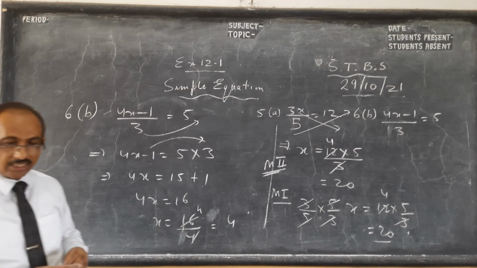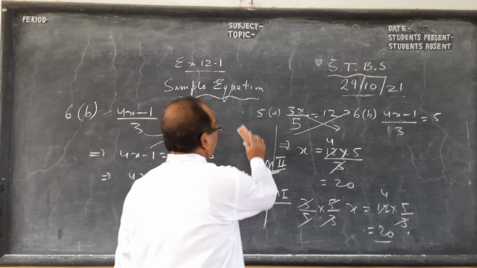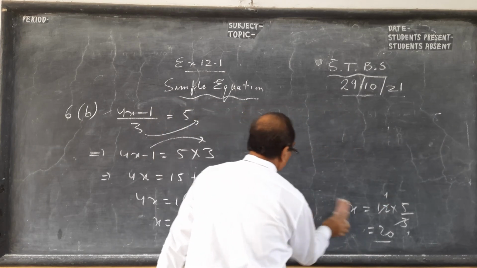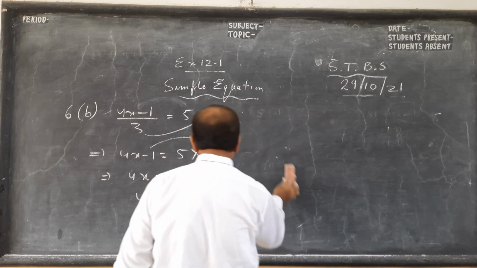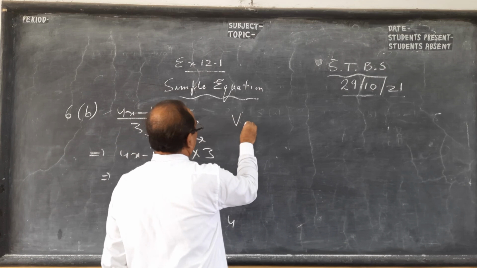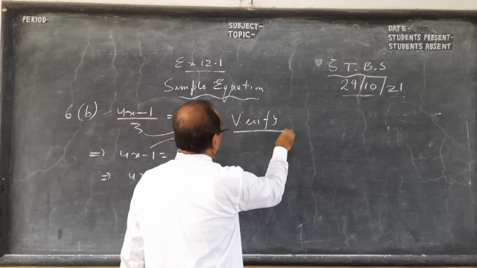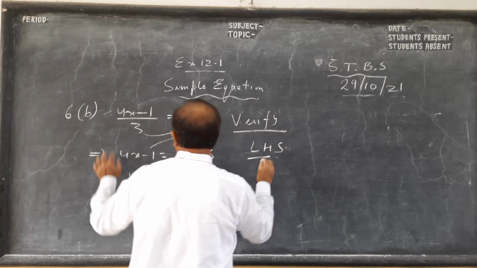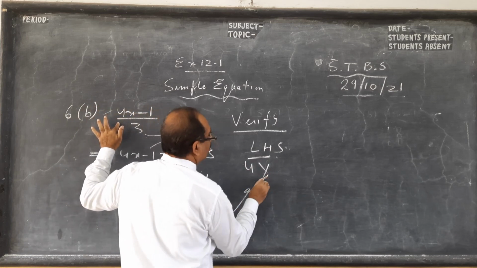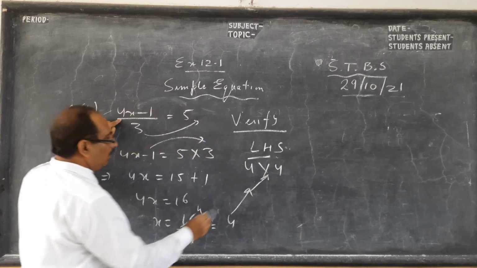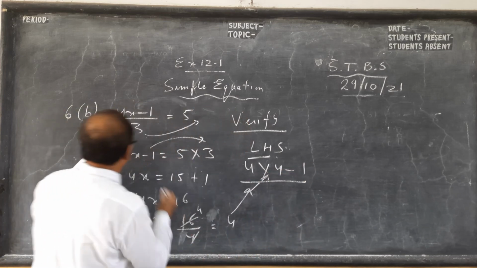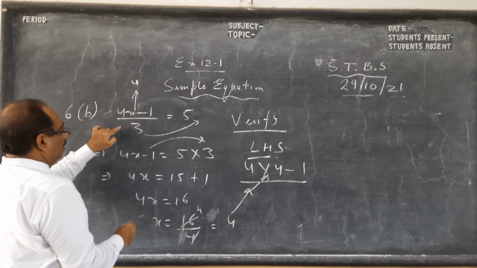Now the last thing I'll show you before I end. We need to verify whether my answer is right or wrong. Especially since most of my teachers at that time used to give 1 mark for verification. Nowadays I see children don't learn this. What do you mean by verify? I'll put on the left hand side the value of 4 which I have got. How much have I got? 4. My value of x is 4. So on the left side, in place of x, I put the answer 4.